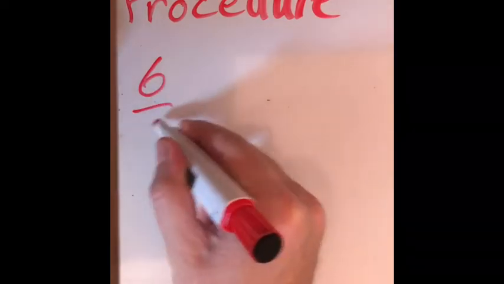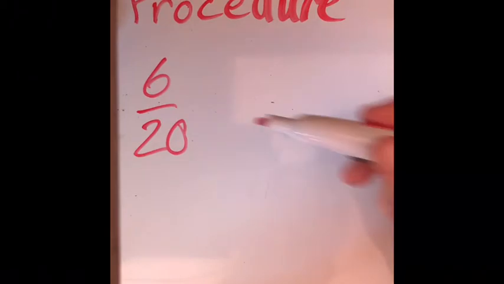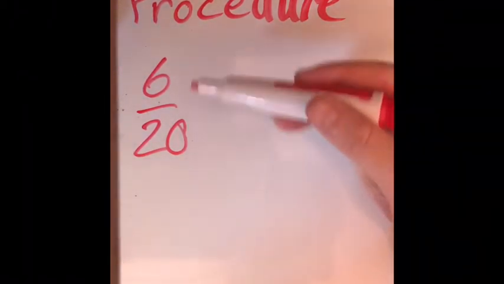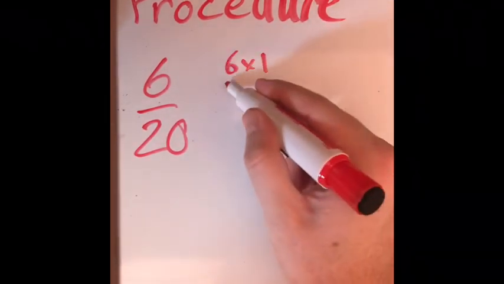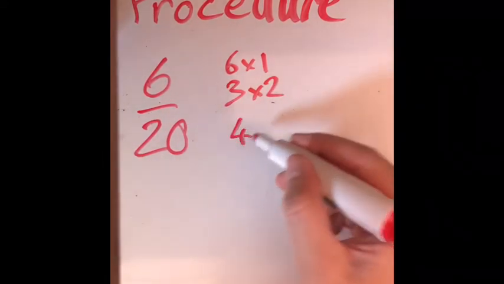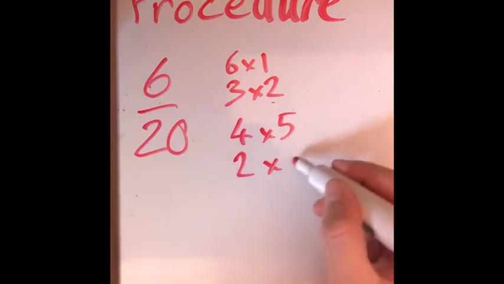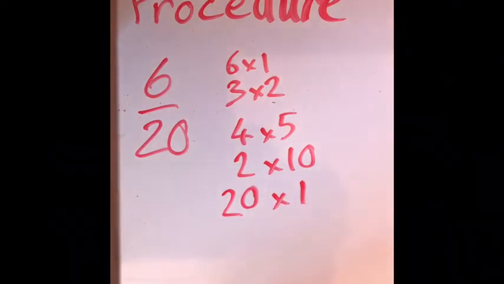So let's look at 6 over 20. So the procedure we're going to look at is we're going to be looking for the highest common factor between each number. So 6 can be made by 6 times 1, 3 times 2. 20 can be made by 4 times 5, 2 times 10, and 20 times 1. The common factor here